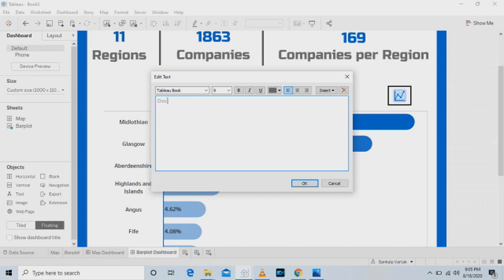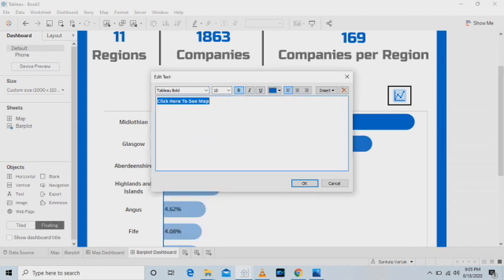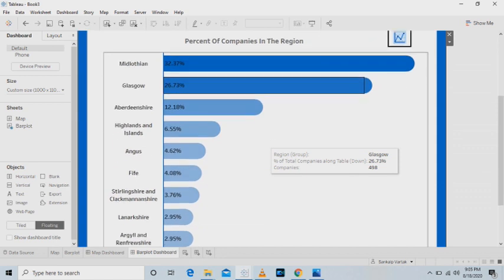Now drag text, write your text, that is click here to see map. Format this, select Tableau Bold, select the color. Now OK, and just drag it there.